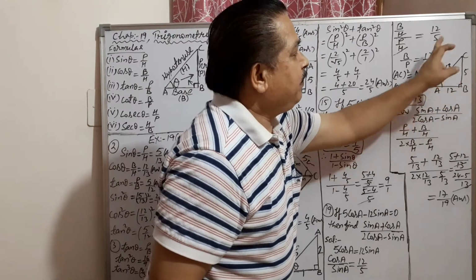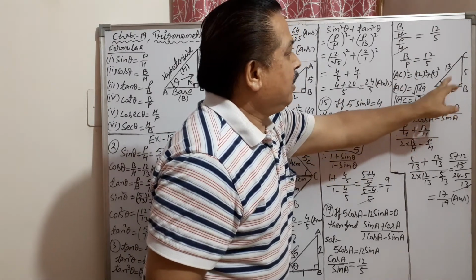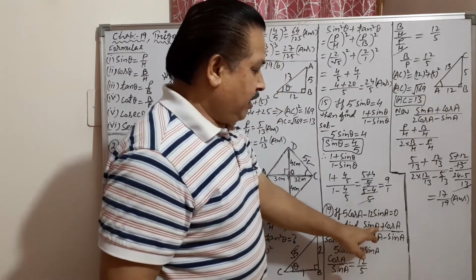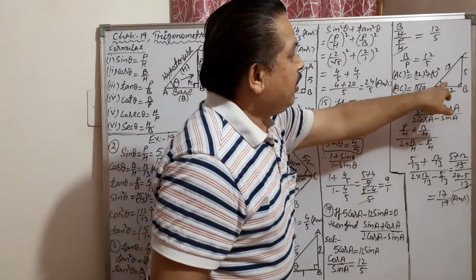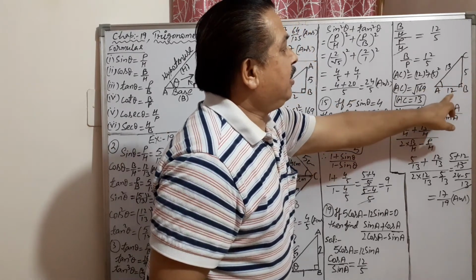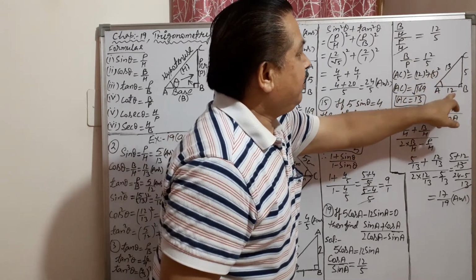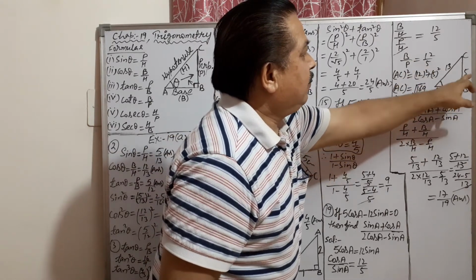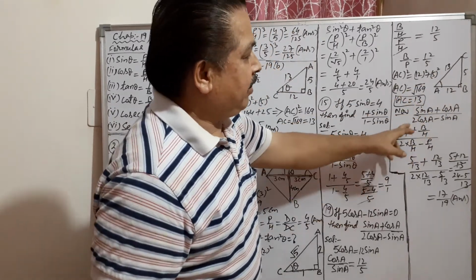And draw one diagram. Consider A. This is angle A here, because A is given here. In place of theta, this time A is given. Now A is here. According to A, perpendicular will be this side. And base will be this side. And this is hypotenuse. So base and perpendicular put here. Base 12 and perpendicular 5. And use the Pythagoras. 13 will come out by Pythagoras.